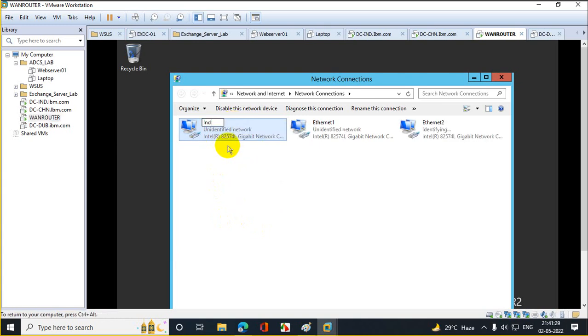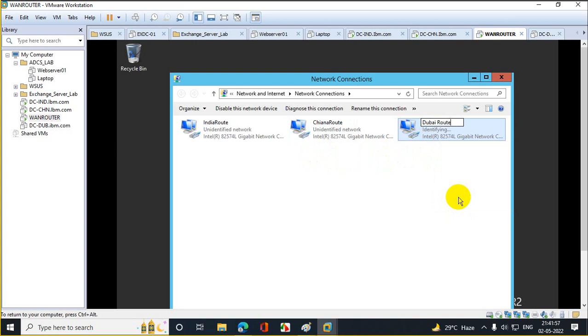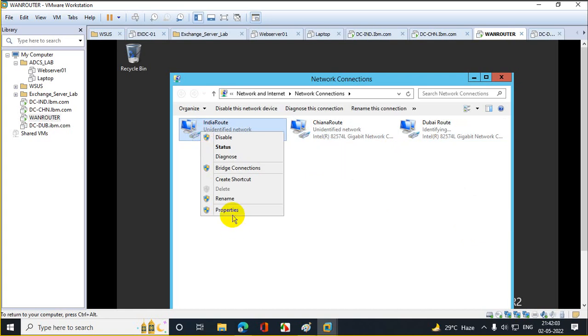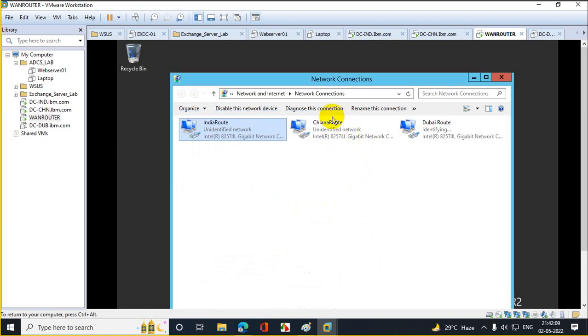That is the route for India, that is the China route, and that is the Dubai route. Got it? So here my first route is 10.10.10, and the second route is